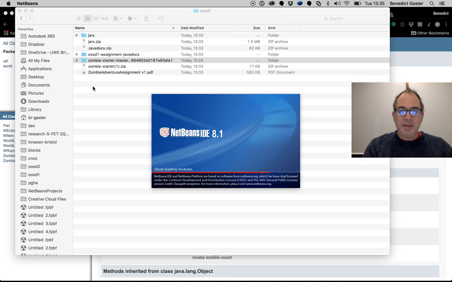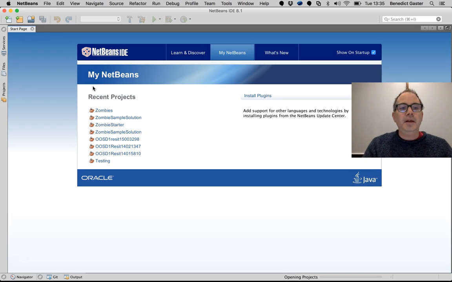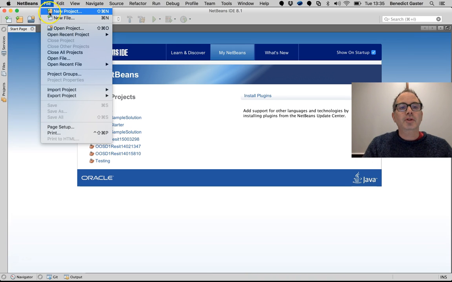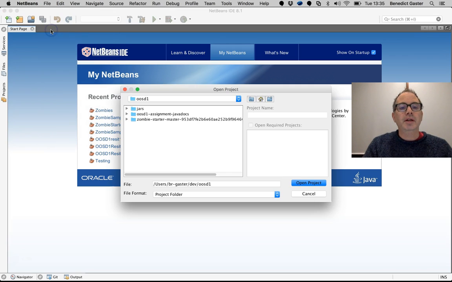It takes a little bit to start, remember. Once NetBeans has started and you're ready to go, just go to File, Open Project, and wherever you stored the project, downloaded onto your shared drive or your home drive at home, you can put it underneath there. You'll notice that I'm already in that directory, OOSD1 I called it,